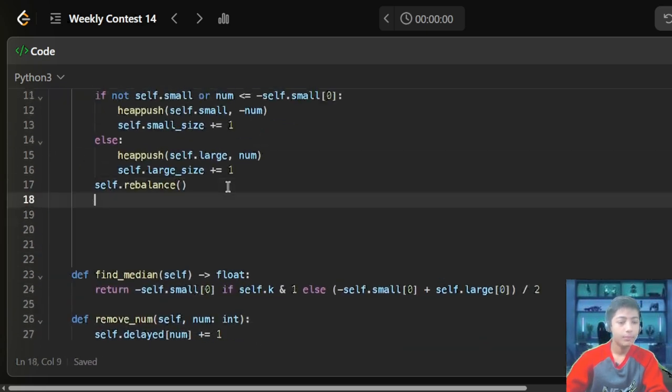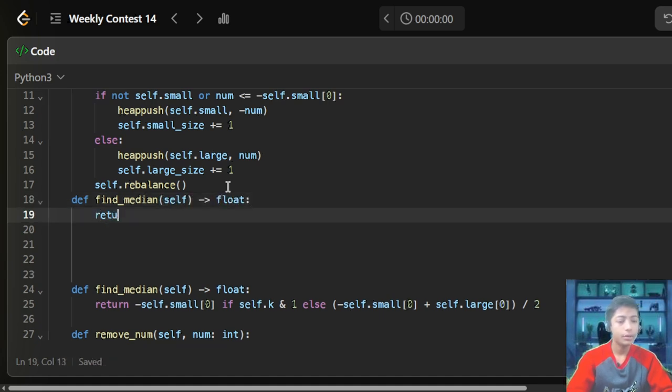Now enter, back, def find median(self) -> float: enter, return self.small[0] if self.k and 1, else (-self.small[0] + self.large[0]) / 2, enter,